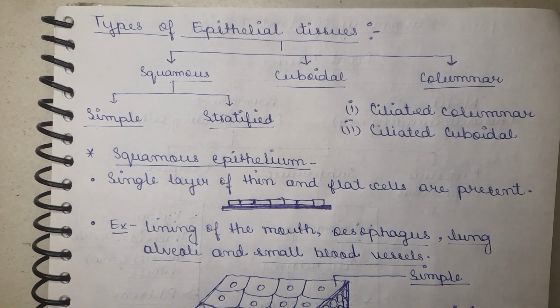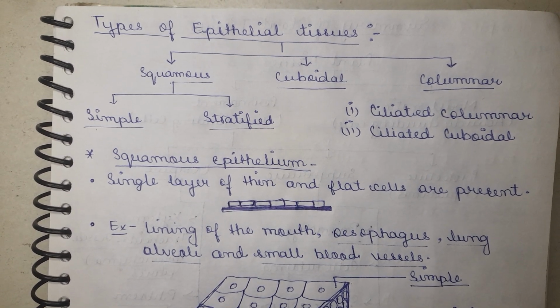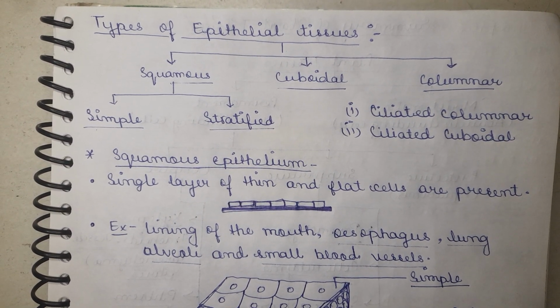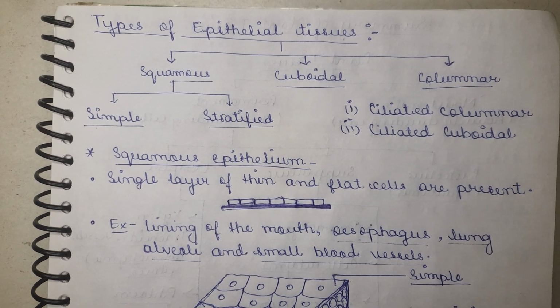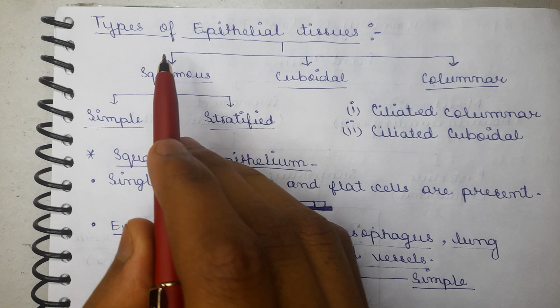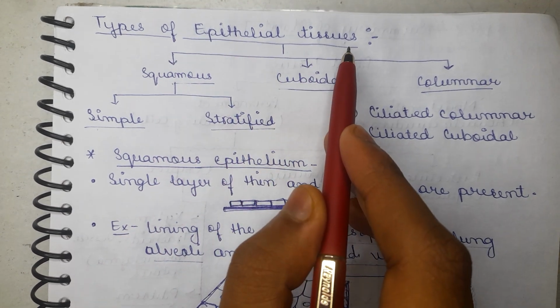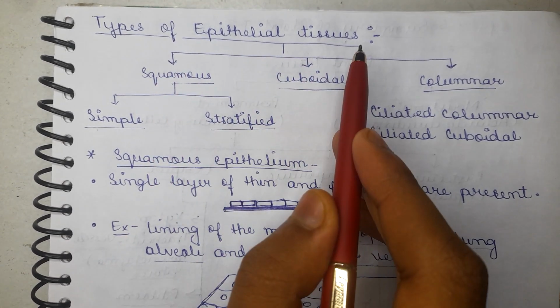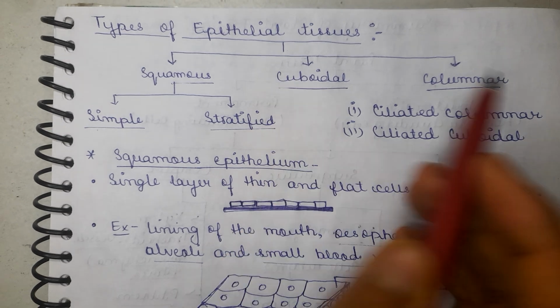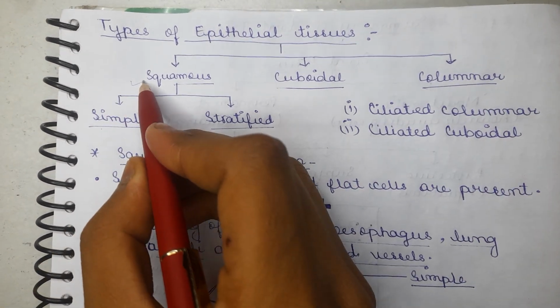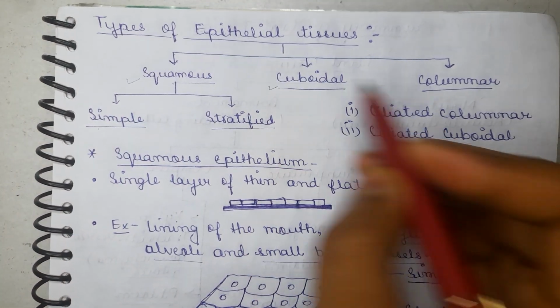Hello everyone, in this video we are going to talk about the types of epithelial tissues. In the previous video I have already taught about the meaning of epithelial tissues. Now in this video we are going to look at the types of epithelial tissues. Basically the epithelial tissues are subdivided or classified into three types. The first one is squamous, the second one is cuboidal and the third one is